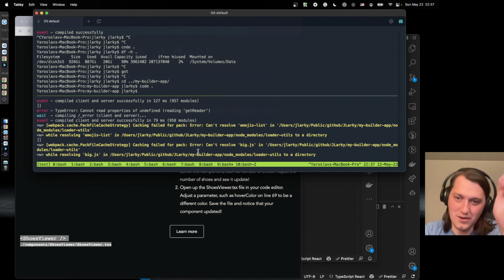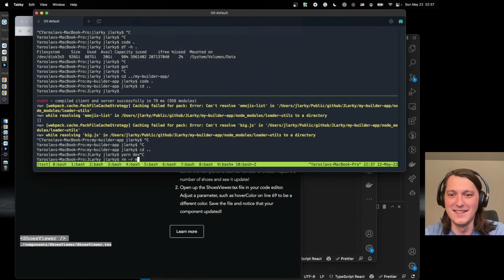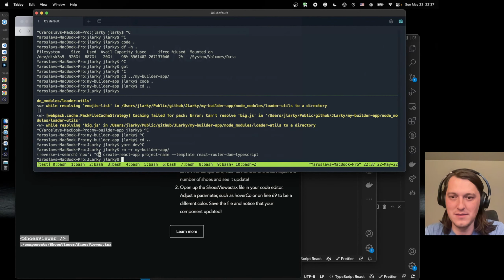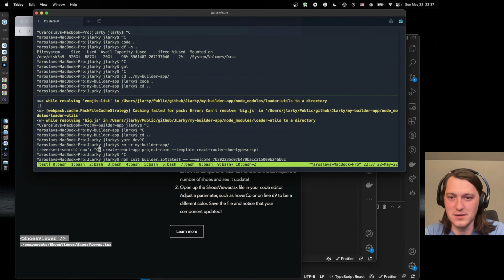Okay, so let's just give up. Let's imagine that. Oops, I don't know what I pressed. I still don't know how everything in Mac works. So let's redo that npx stuff again. No, it wasn't npx, npm init. Okay, so this one.